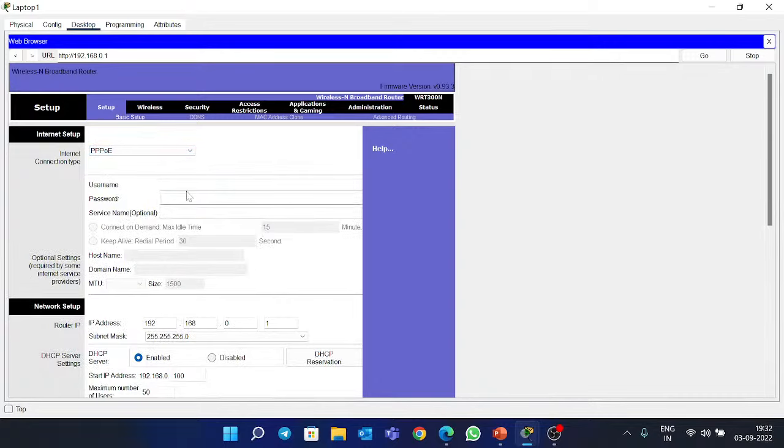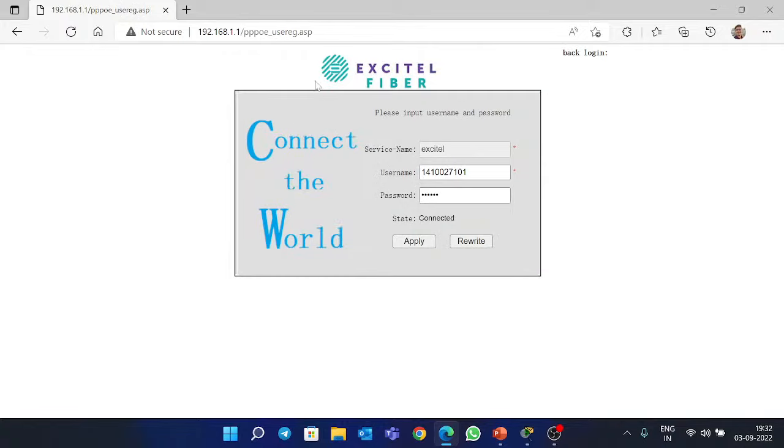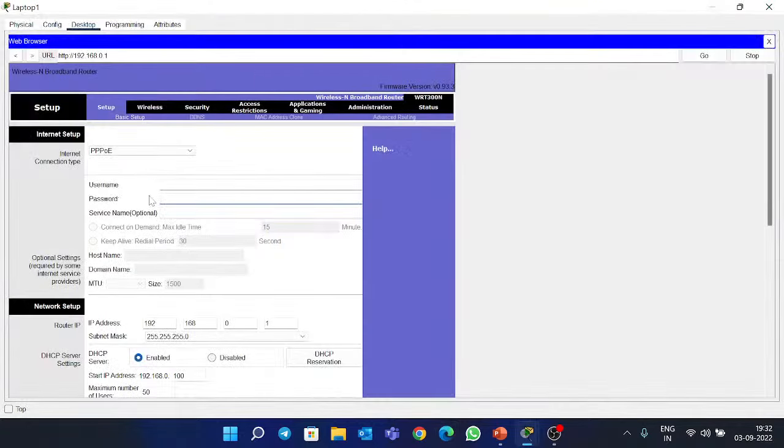Like in most of the scenarios, our internet service providers are using this PPPoE. So over my real device also, you will see here once I logged out, I am getting some username and password because my internet connection type, like ISP, has not given me any static or dynamic IP, whereas my internet service provider has given me some username and password here. So this is how the PPPoE works, but we are going to leave it default DHCP,